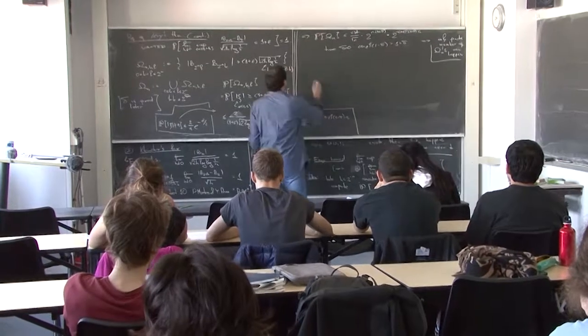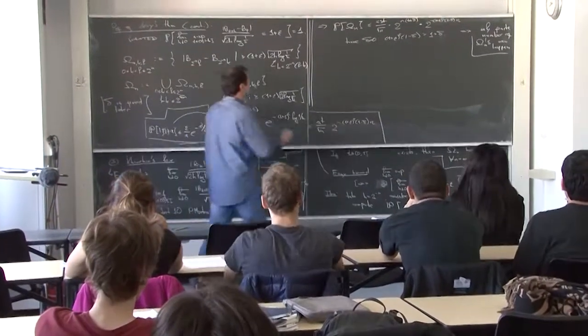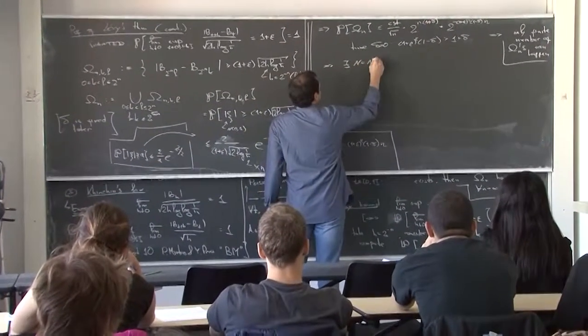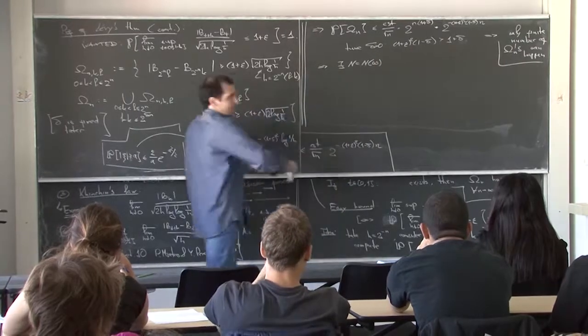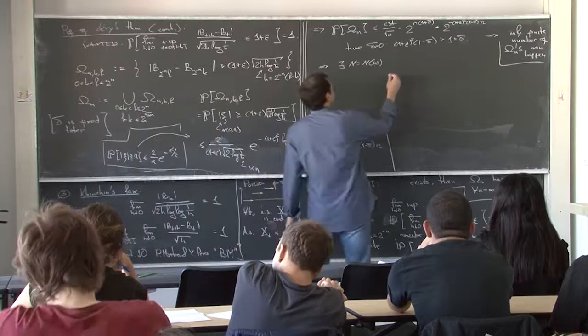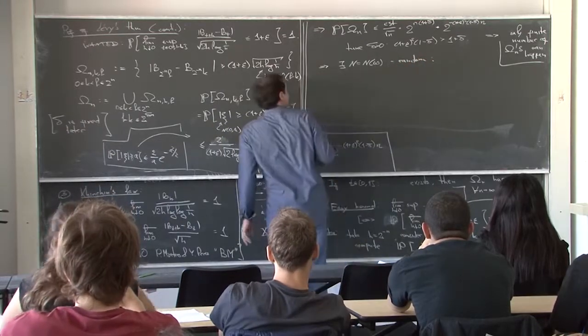So what we gained? Let me rewrite it. So we gained that there exists some level which is random, which depends on the event, such that